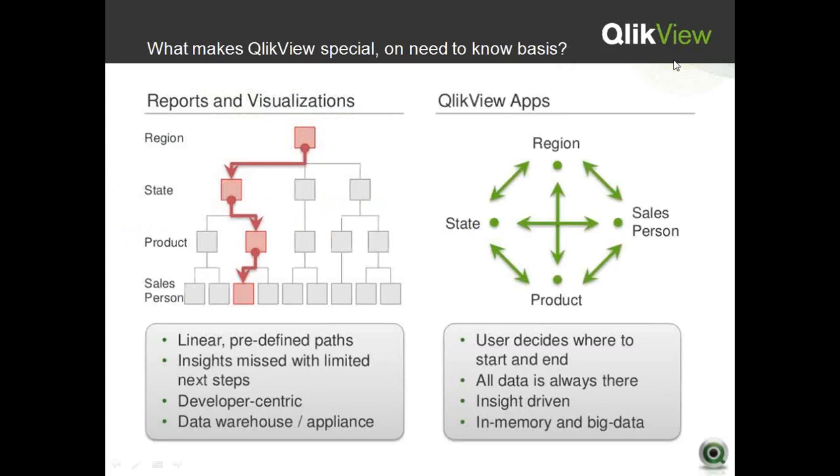Alright. So this is what the associative connection is. The left side is your conventional approach, the right side is your QlikView application. For example, you have four tables: region, state, product, and salesperson, and the same table structure is there in QlikView. While you are building a dashboard, you should have multiple filters, multiple hierarchies of selections, and likewise in QlikView also. First of all, you have to go for selecting a region in your conventional approach. Unless you select a region,